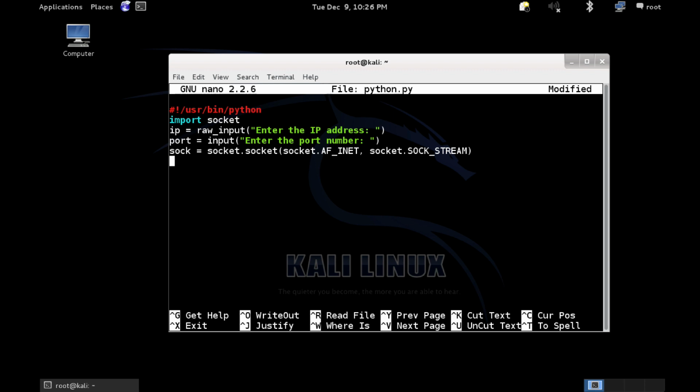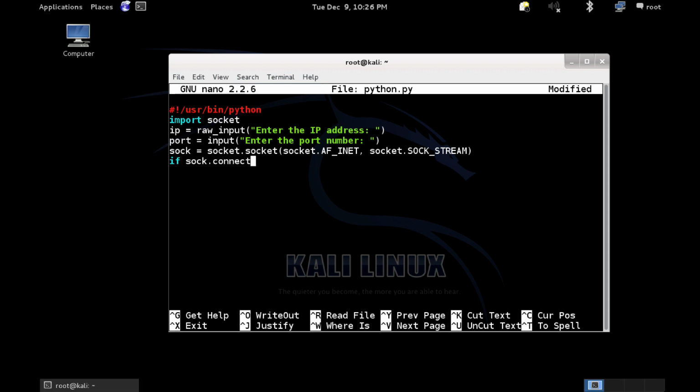So now we want an if statement here as well. So just like we did in the bash script, except the syntax is going to be a little bit different. I think a lot easier to work with. I don't think the syntax in bash scripting is that intuitive, whereas Python is a bit more intuitive, I think. But really it's a personal preference, what programming languages you like the best. Everybody seems to have their own opinion. So in this one we just do if, and we don't need any braces or anything. So if